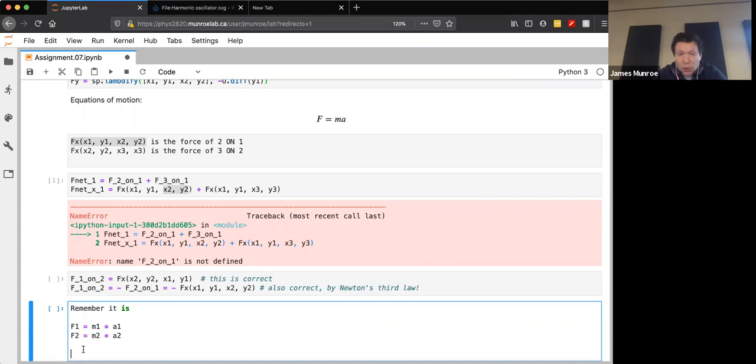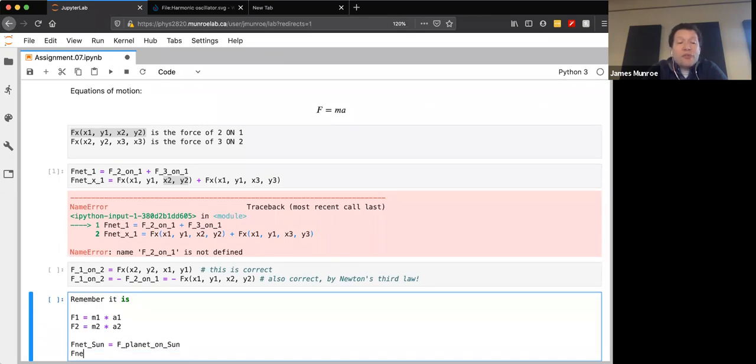So in a 2-particle system, right, if you have 2 things, say, remember we did this thing, F net on the sun, right, this will be equal to the force, like when we did the planets, planet on sun, and the net force on a planet is equal to F of the sun on the planet, this idea of looking at equations. That's the same as the negative